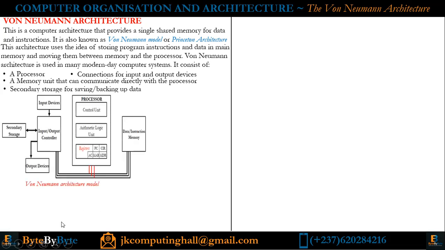As you can see, this is the von Neumann architecture model. This is the processor, and we said that the processor contains three units: the control unit, the arithmetic logic unit, and registers. And we said we have five different types of registers. Each of them will be explained and given its purpose where we shall be treating the components of the processing unit. So now, we have the control unit, the arithmetic unit, and the registers, each working together